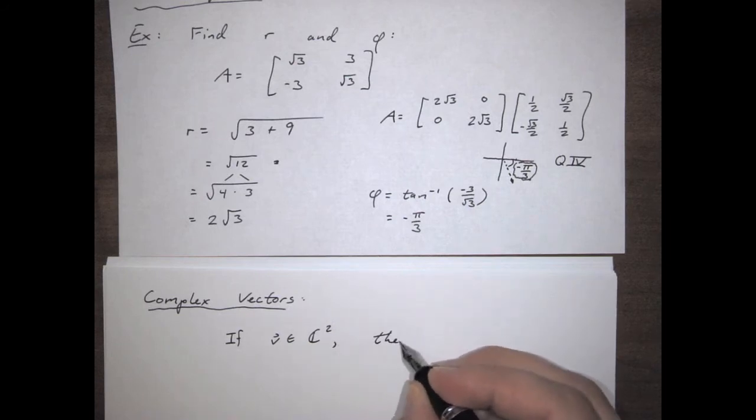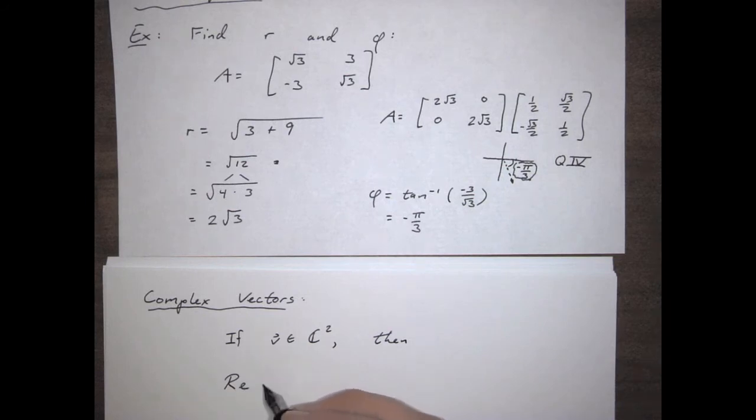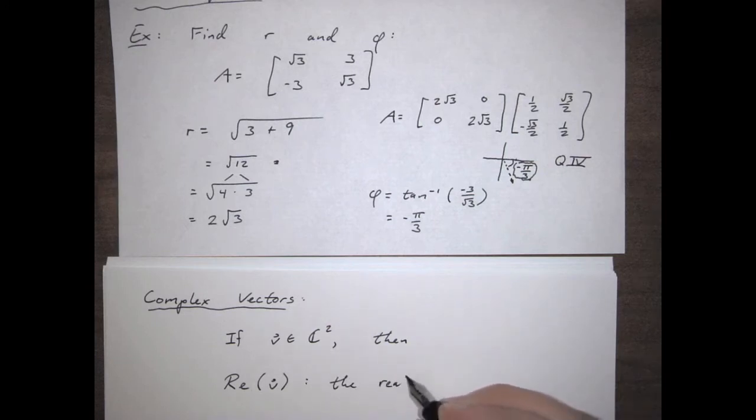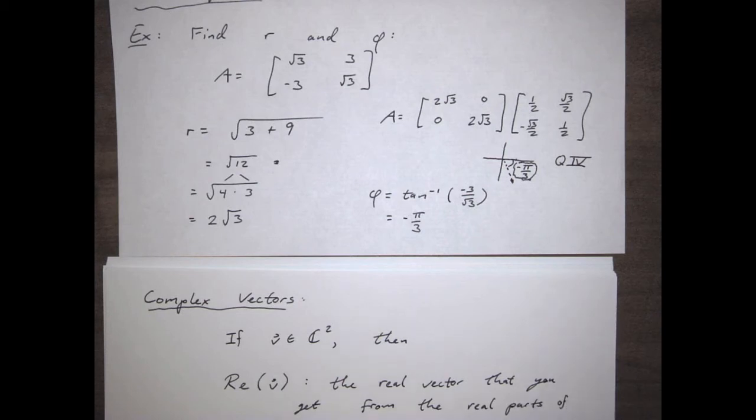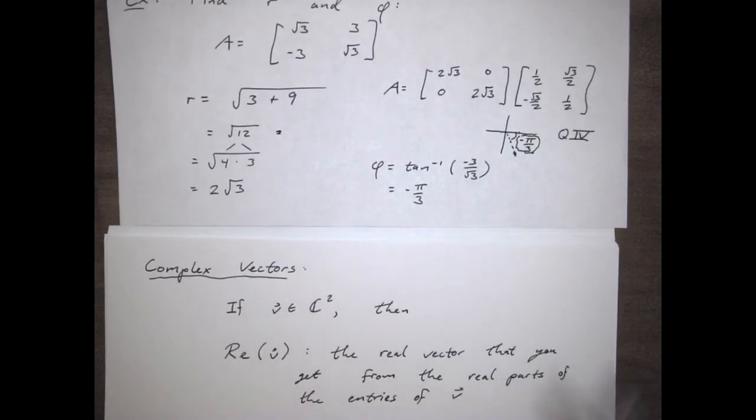Then the real part of V is the real vector that you get from the real parts of the entries of V, and then the imaginary part of V